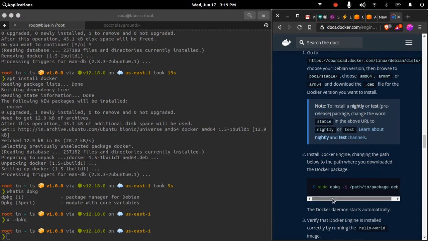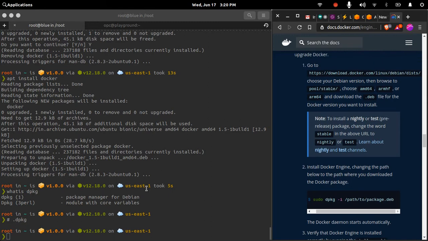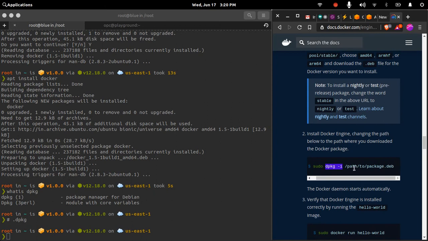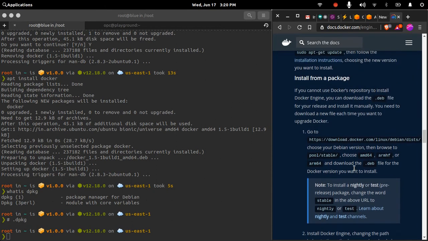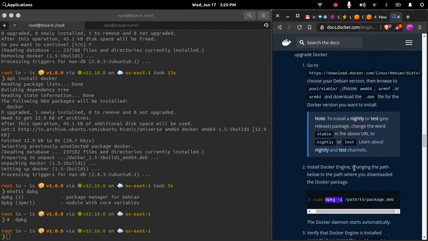Yeah, if you see here, this is how a dpkg package is installed. You download that package, and that package ends with the .deb extension, not dpkg. So for .deb extension packages you will download it on the file system, and you will use dpkg -i followed by the path to that package on the file system. So these are the ways that you can install a package on a Debian based system.